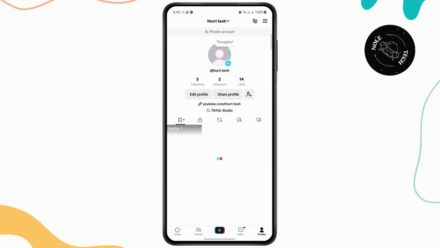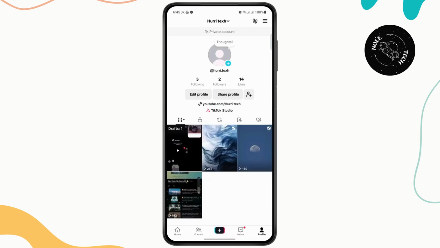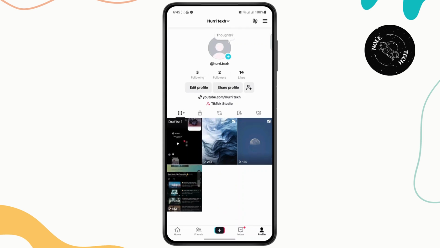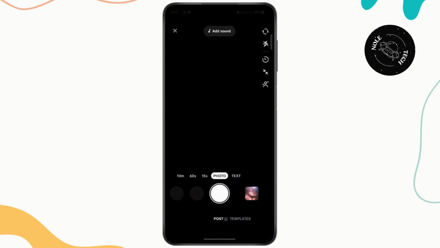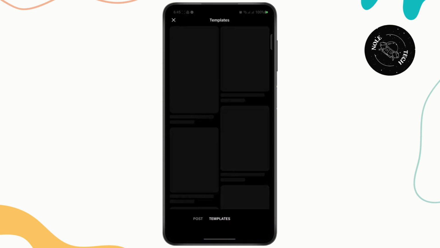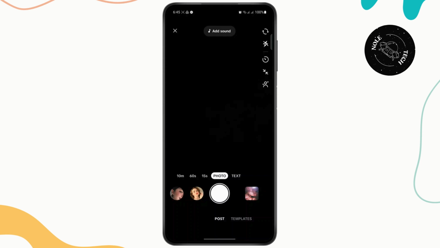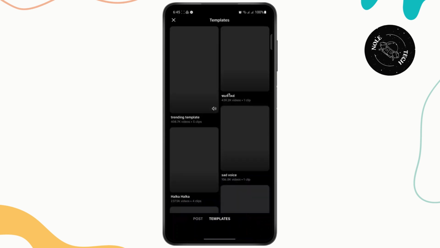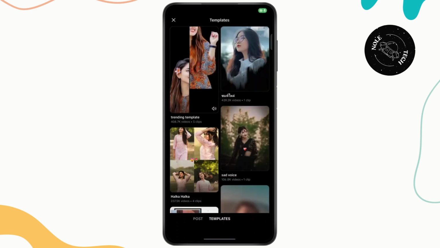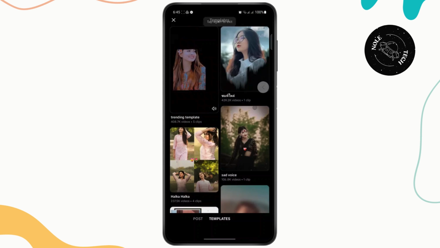Now you have to know that the minimum requirement to go live on TikTok is that you have to be 18 or older and you have to have at least 8,000 followers. Now I do not have that, so if I just tap on this plus icon, I just have two options, posts and templates. But if you have more than 1,000 followers, you will see a live option right besides this template. But if you have 1,000 followers, but if you still don't have that option, then the first thing you